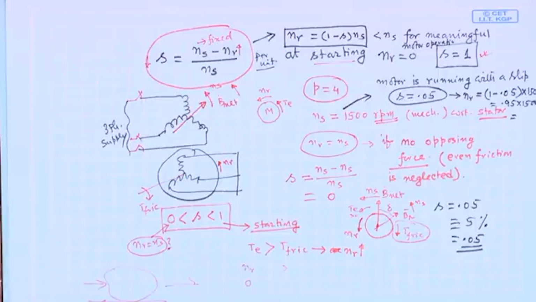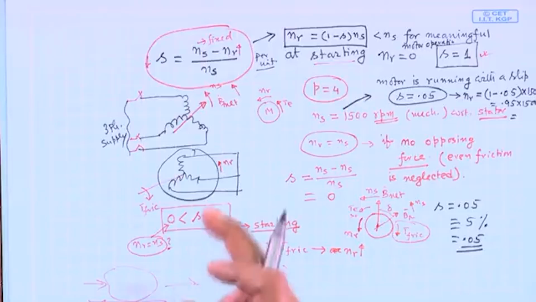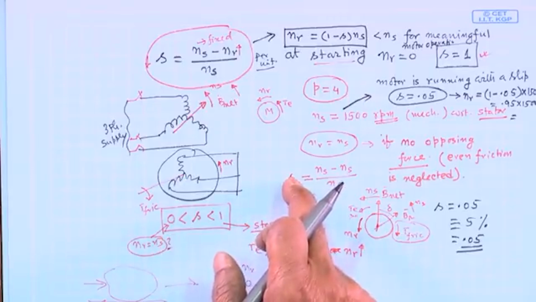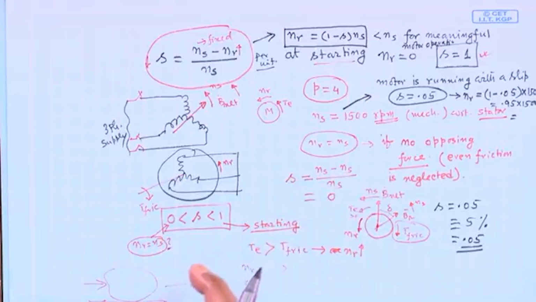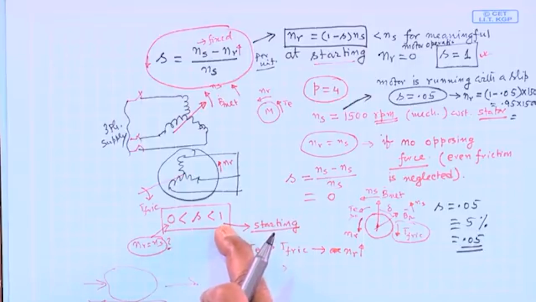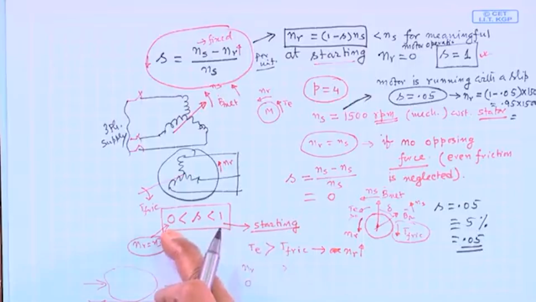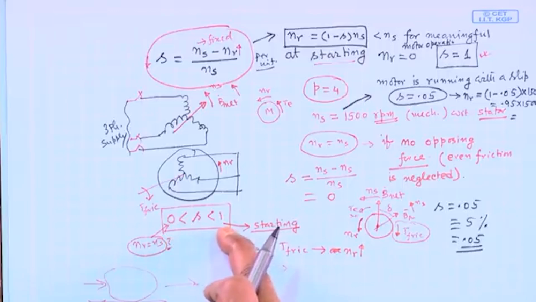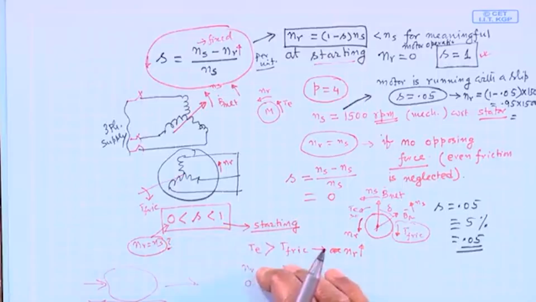Okay, ideal condition it is when there is no opposing torque or opposing force, then only rotor can run at Nr equal to Ns. At starting, of course, slip value is always 1 and slip may lie between 0 to 1, any value it looks like,